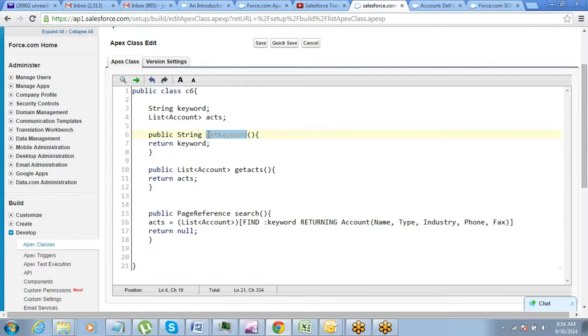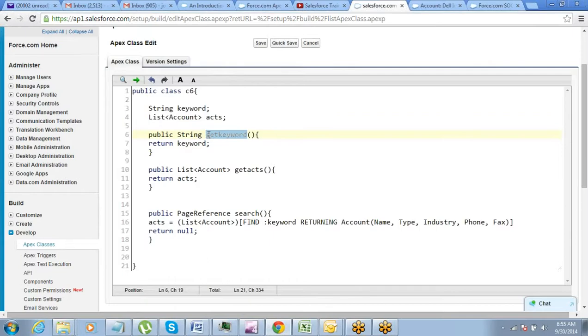In simple words, it takes the values from the backend logic and puts it into your interface UI, right? So get method is to get the values on the UI, to display the values on the user interface.